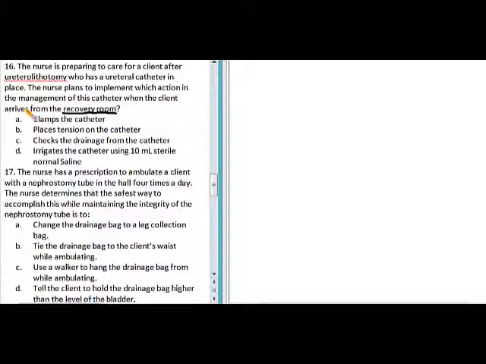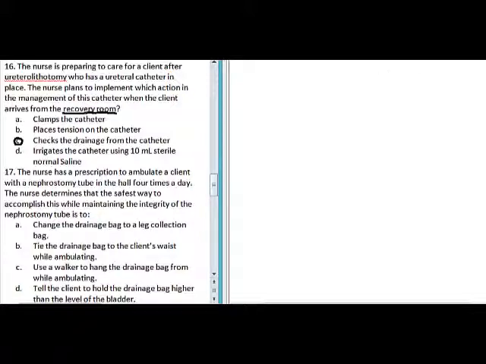Check drainage from the catheter. So the catheter was placed so that the urine will pass through that catheter for the meantime. Therefore, you need to evaluate the function of the catheter. C is the answer. Next,